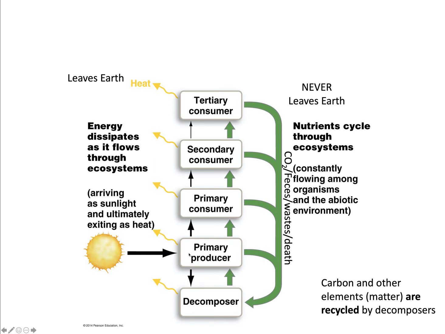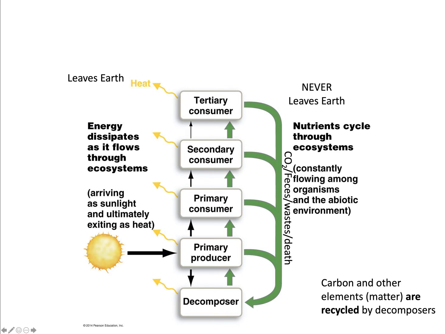But the key thing here is that these atoms, this matter, these elements, they never leave Earth. So unless Elon Musk turns them into a spaceship and shoots it out into space, never to return, for the most part, all of that carbon, all of those other elements, all the matter is just going to be recycled over and over and over again. So carbon and other elements, aka matter, are recycled